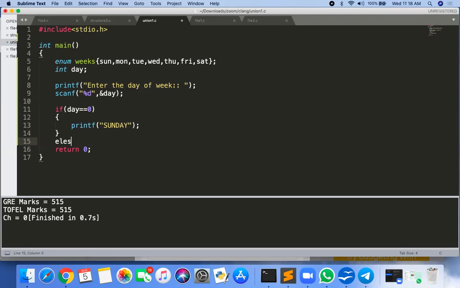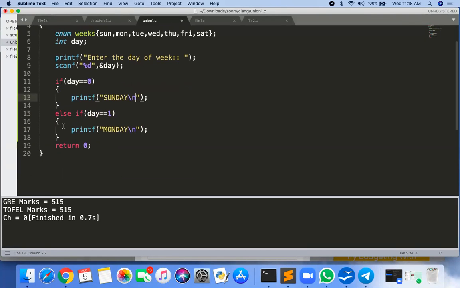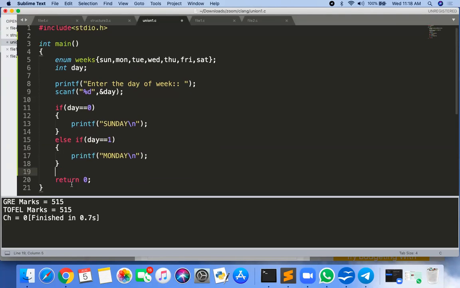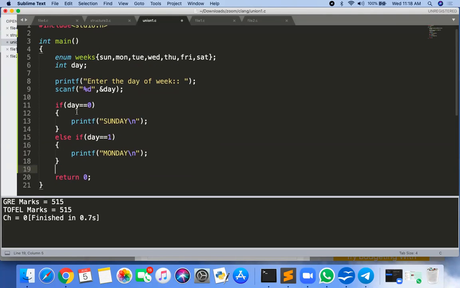Else if day equal to 1, then printf Monday. Like that I am going to create the whole week here, day 0, day 1, day 2, day 3, like that.